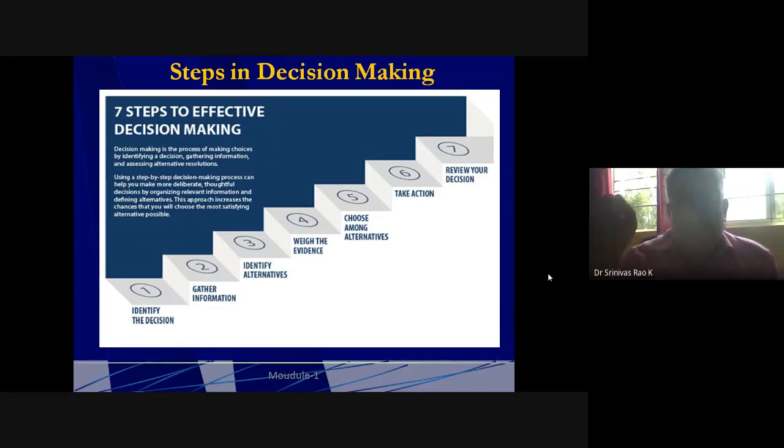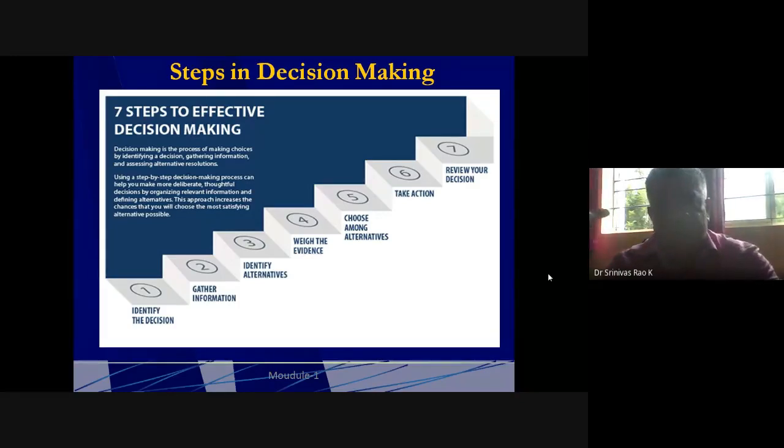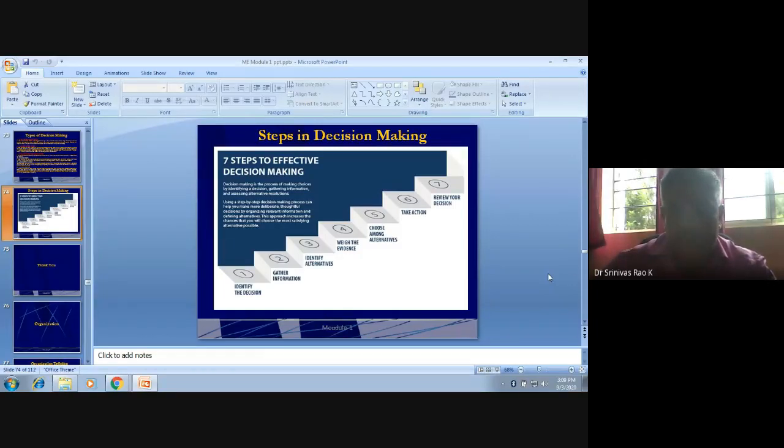Then choose among the alternatives. Once you know B is good, or you find C is better than B, then give the decision and take action. Okay, go ahead with C. Once you give a decision, don't change it. Then you review your decision only in case of an emergency or a situation that is going to affect everyone. Then you can change the decision, but only in an emergency situation. Okay, fine. You can explain this in your own words. Otherwise, I have finished with this.